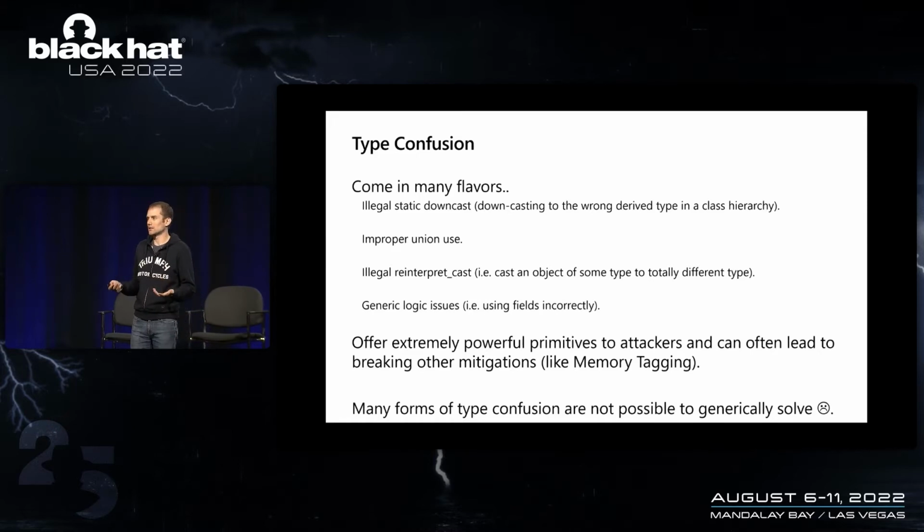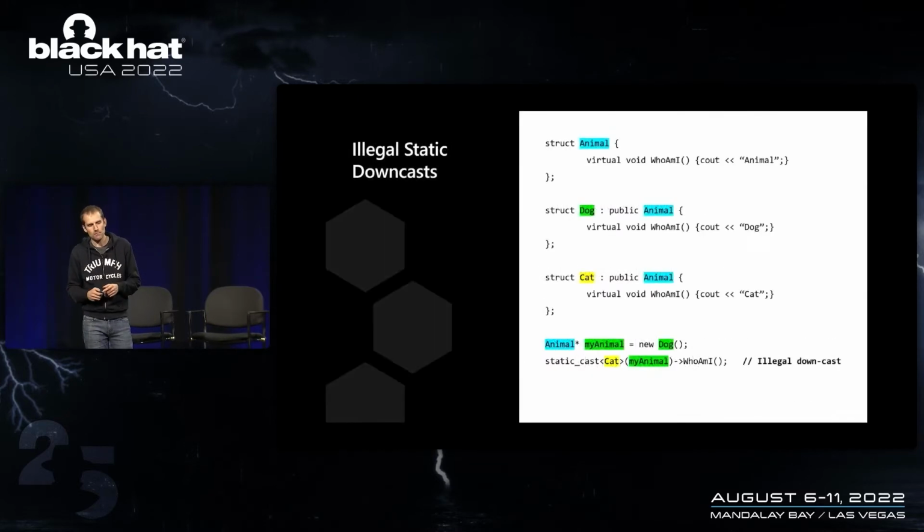So it's hard to generically solve type confusion because it really comes down to understanding the programmer intent. If you want to mitigate it, you need to understand, is the developer actually accessing data in the correct way or not? And that's very difficult. Memory type confusion is particularly concerning because it gives really strong primitives to attackers, and it allows you to bypass some of the mitigations like memory tagging, for example, that I mentioned on the previous slide. It could also potentially allow you to work around CHERI or other hardware solutions that people are working on. And so it is a fairly important bug class to do research into.